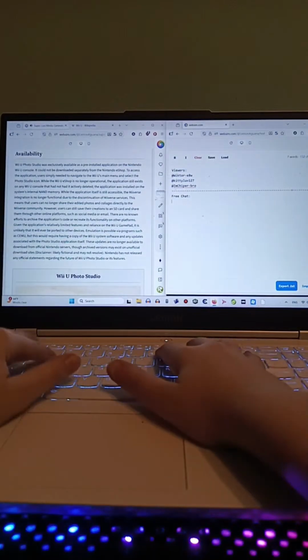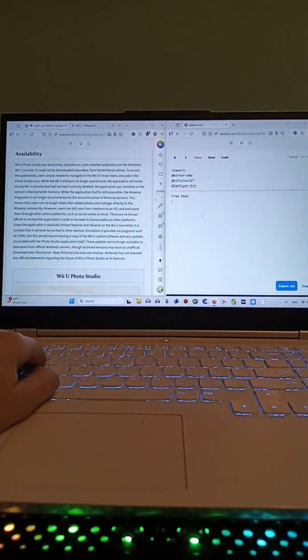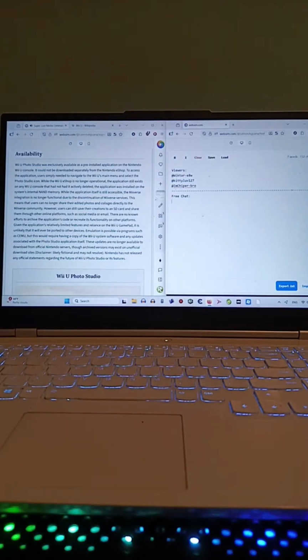While the application itself is still accessible, the Miiverse integration is no longer functional due to the discontinuation of Miiverse services. This means that users can no longer share their edited photos and collages directly to the Miiverse community. However, users can still save their creations to an SD card and share them through other online platforms, such as